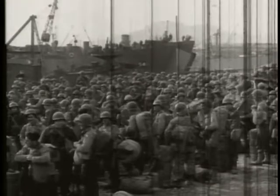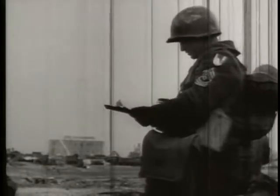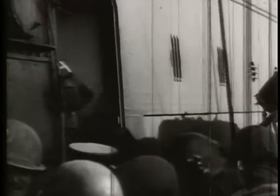Thousands of men have got to be crammed onto the boats, and every one of them is checked. Their last names are called out, and they answer with their first name and middle initial. And that way, nobody sneaks in that's not supposed to. The boys are naturally sweating it out, but they keep pretty calm and wait till it's their turn. If they've been in combat before, they usually take every chance to rest. Especially when they get onto the ships, they try to relax or check on equipment, take their minds off their